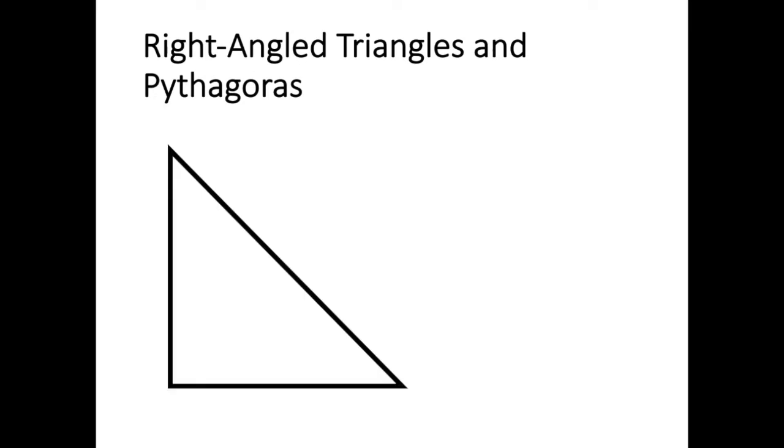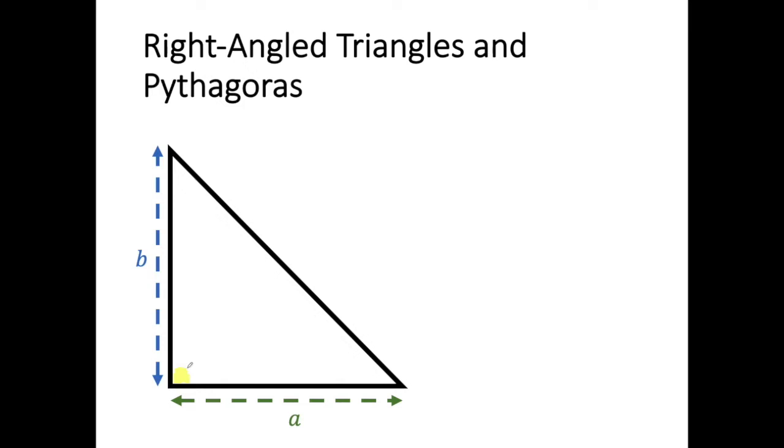Before we have a look at the formula, we need to be able to label the sides of our triangle A, B, and C. So we're starting off here with a right-angled triangle, and we've got our right angle down in the corner. Coming off that right angle, we have two sides. Now we call those two sides A and B. A and B are interchangeable. Doesn't matter which side you call A and which side you call B,